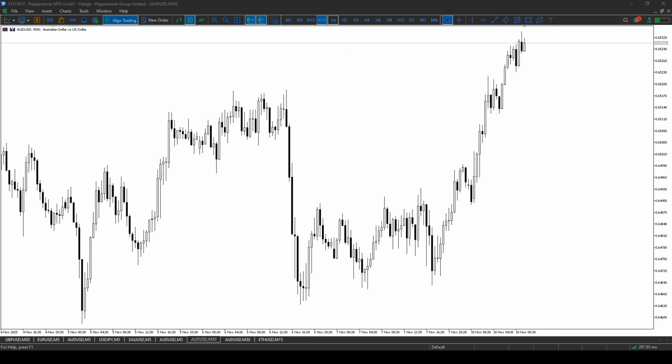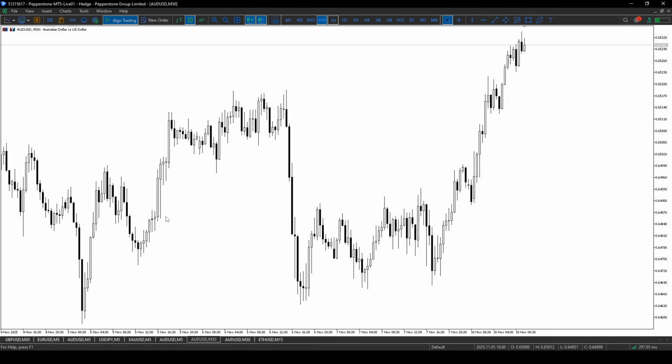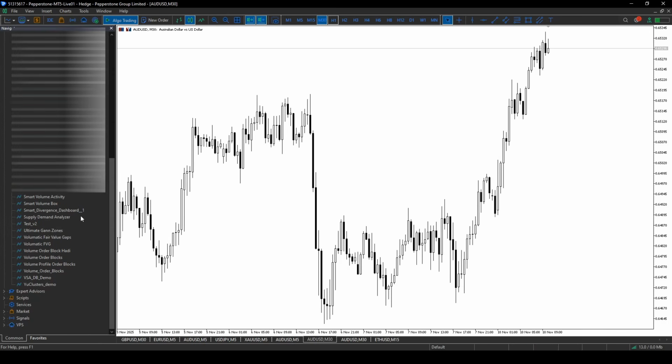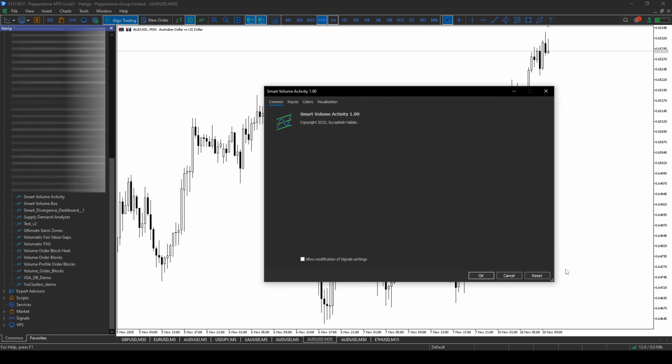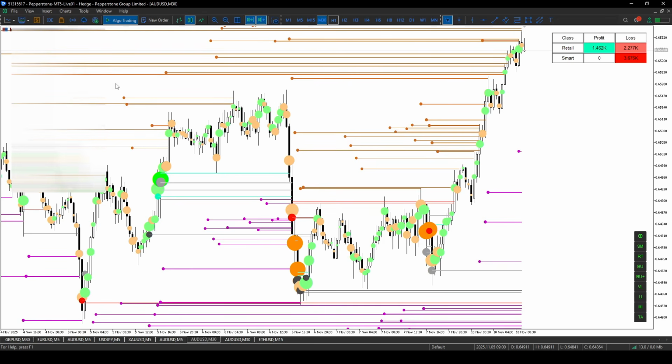Let me show you how it works. Okay, let me add this. So here you can see the smart volume activity indicator with its default settings. And the first time you add this indicator, you can see something like this, which I think looks a little messy or crazy,